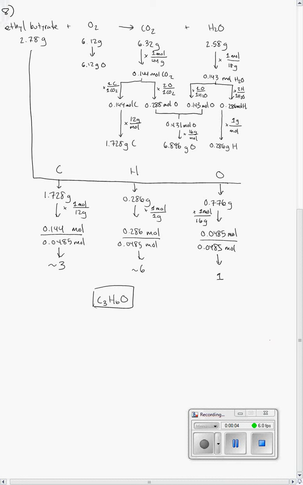Number 8 is a combustion analysis problem. And combustion analysis problems can be pretty tough because they employ a whole lot of different concepts and a lot of work and a lot of numbers you've got to keep track of. So at the core of all these combustion analysis problems is the notion that according to the law of conservation